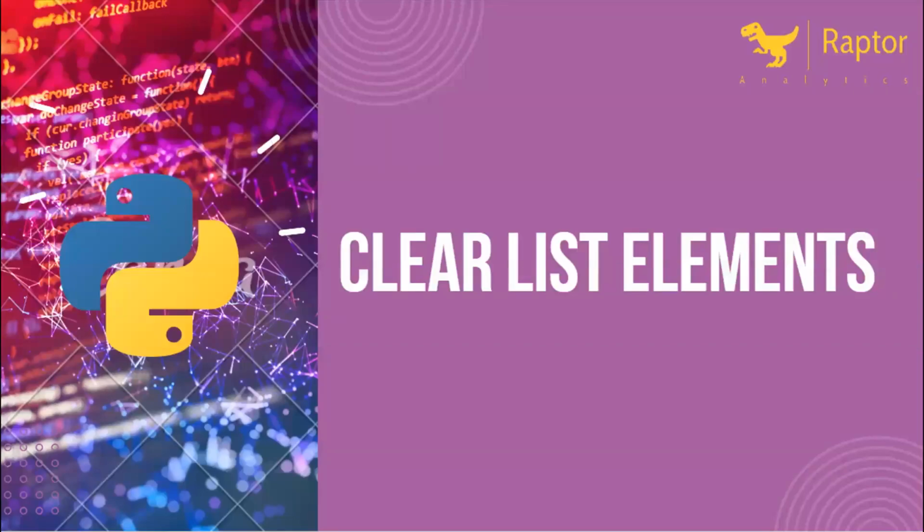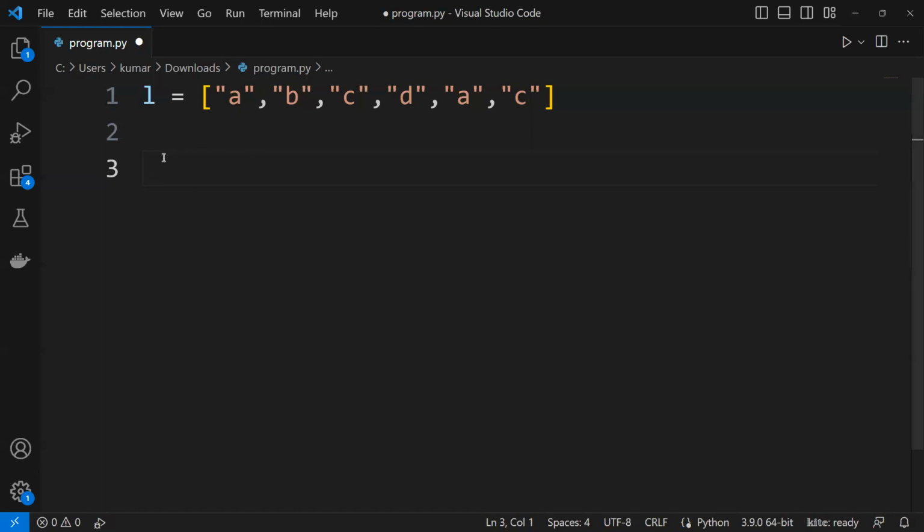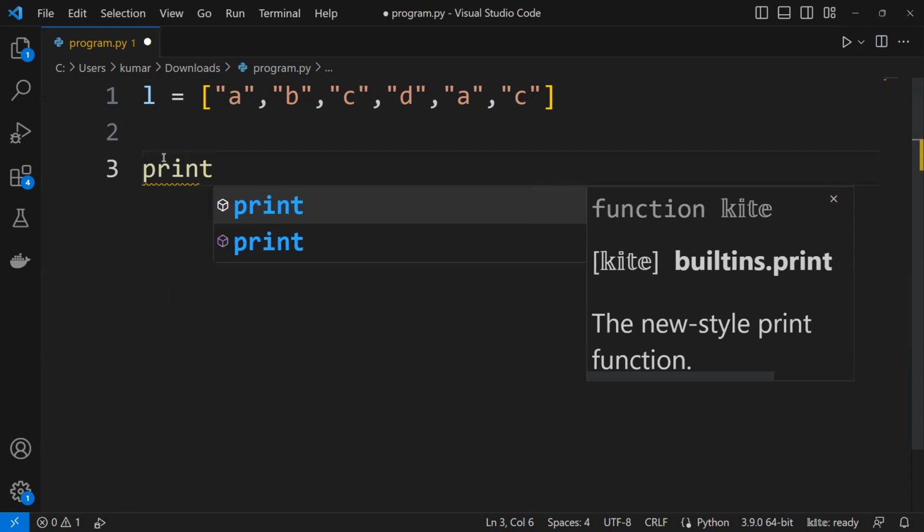So in this video now we'll try to learn how to clear that list element. Once we assign all values for that list, then how we can clear it out. So let's move now to Visual Studio. Okay. So now here, if I go ahead and do that print of L,